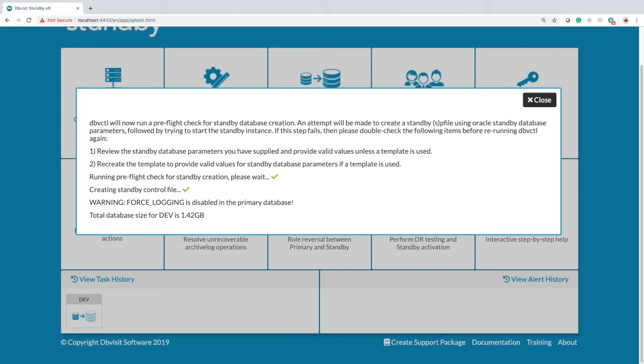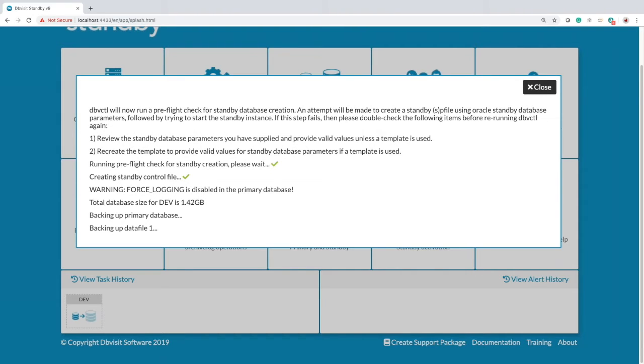So it is running a pre-flight, it creates a standby control file, it does a calculation of how big the database is, and immediately it starts with backing up the primary database, starting with data file 1. So it's going to back up the database, it's going to transfer those RMAN backup files, and it's going to restore it on the other side. I've got a small little database, so only 4 data files, so it should run through this fairly quickly, and I'll be able to show you the rest of